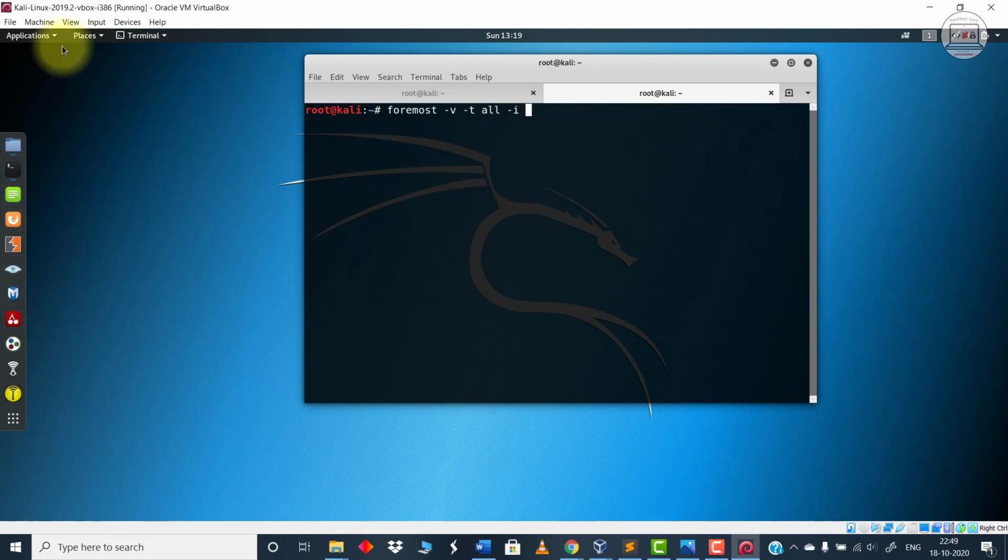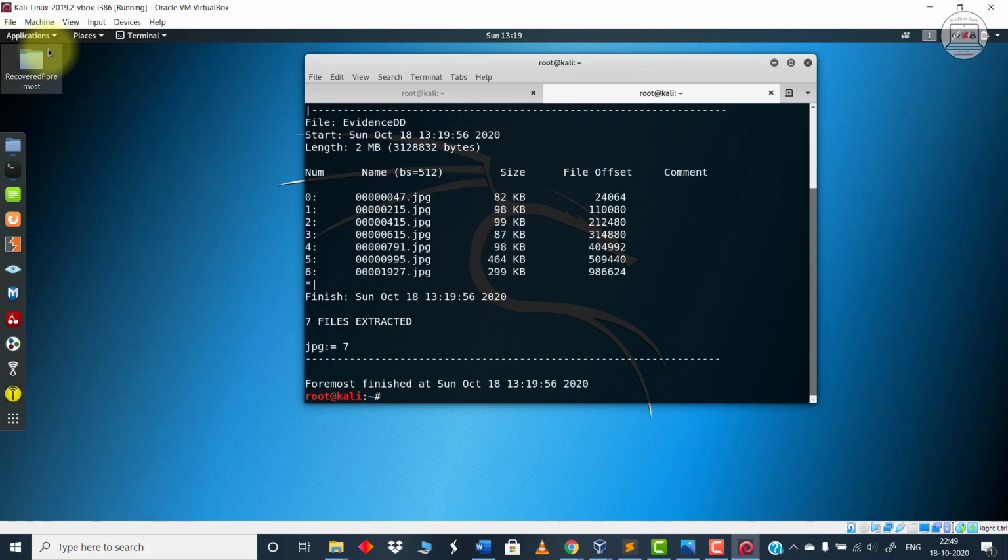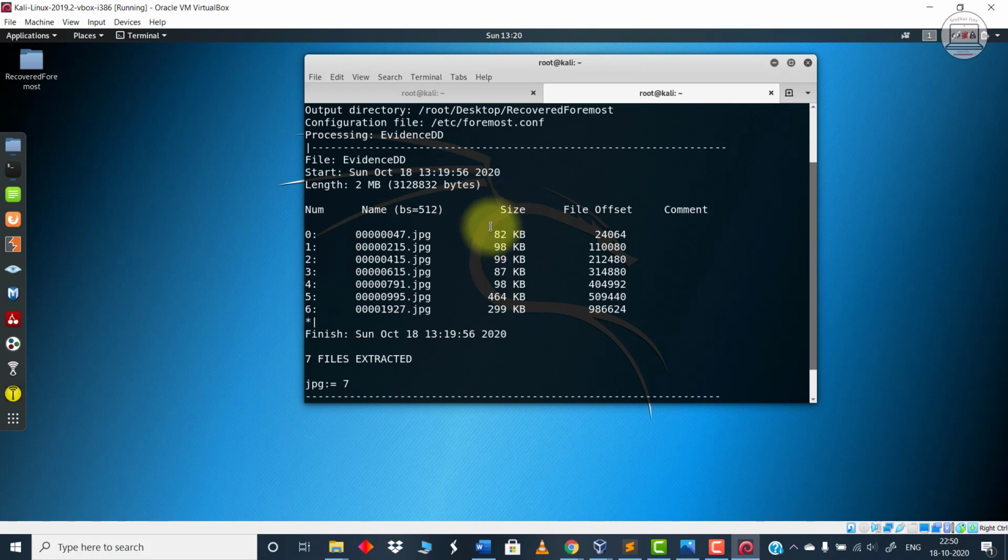In our case, the file name is evidence dd, and then -o for the output, for which I have to give the path. So I want it to be created on the desktop, and let me create a folder called recovered foremost. So this entirely depends on you. So I'm just entering this